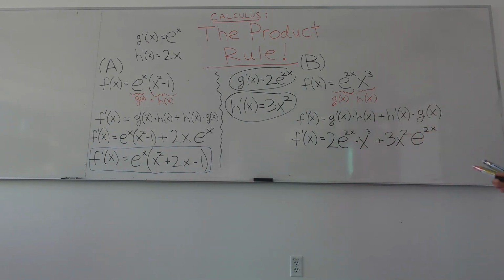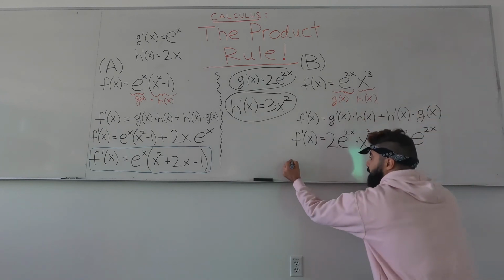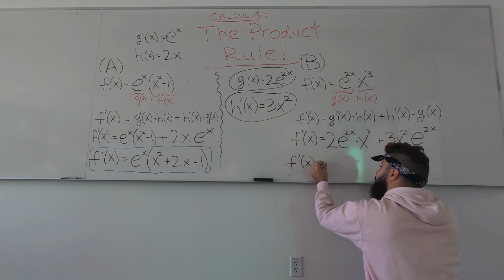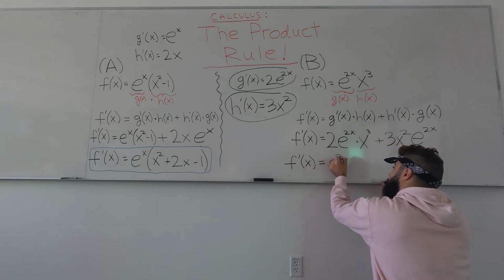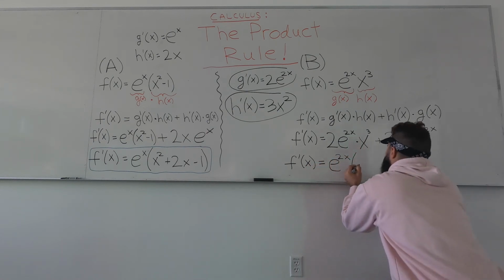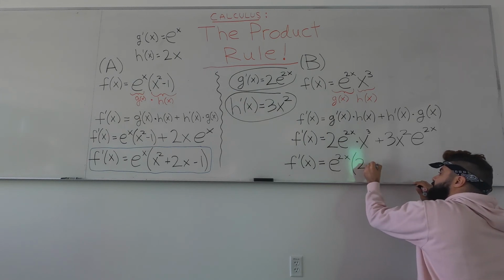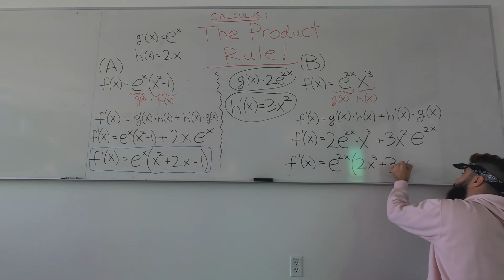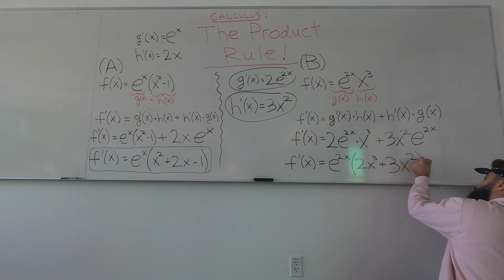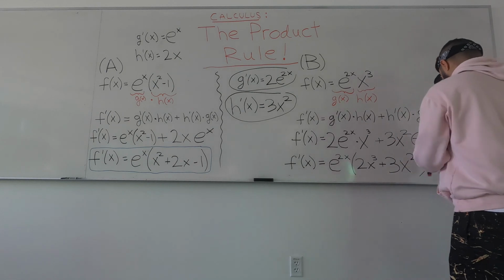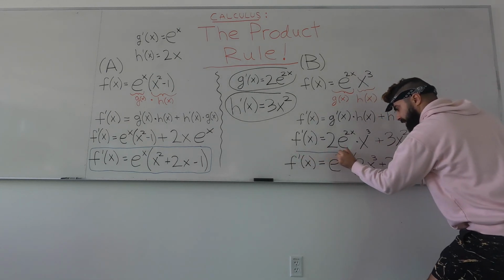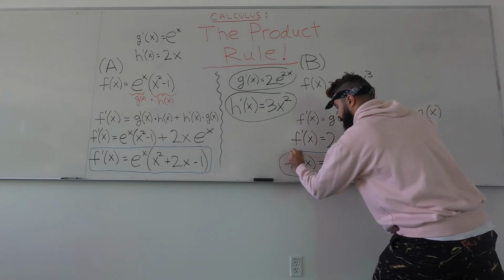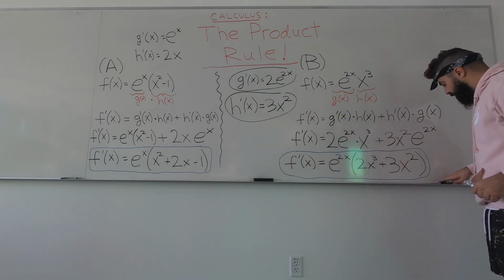Again, if it helps you sleep better at night, you could factor e to the 2x out. E to the 2x comes out, and what we're left with inside is 2x cubed plus 3x squared. And that is the derivative of problem B. And that's all for the